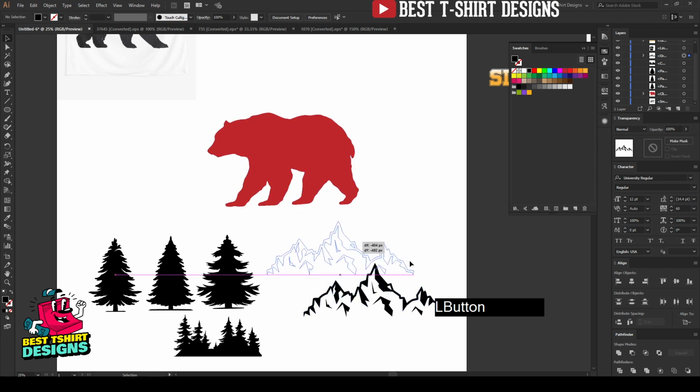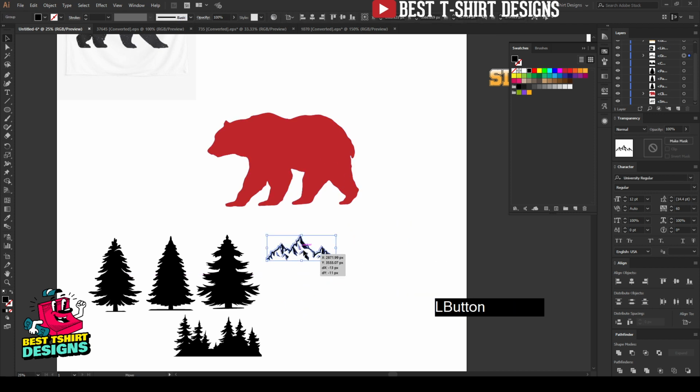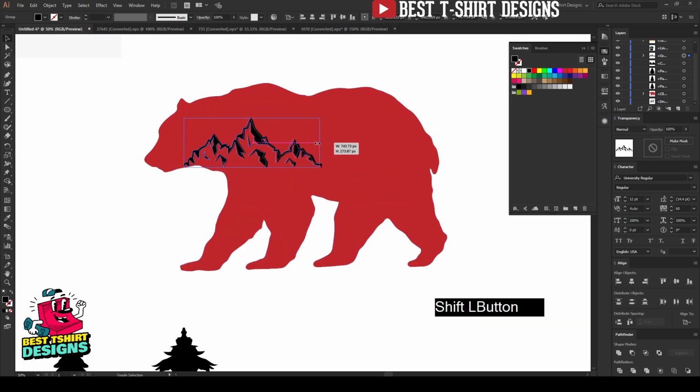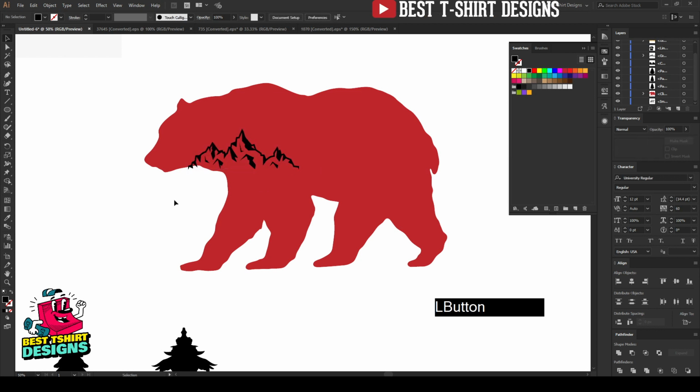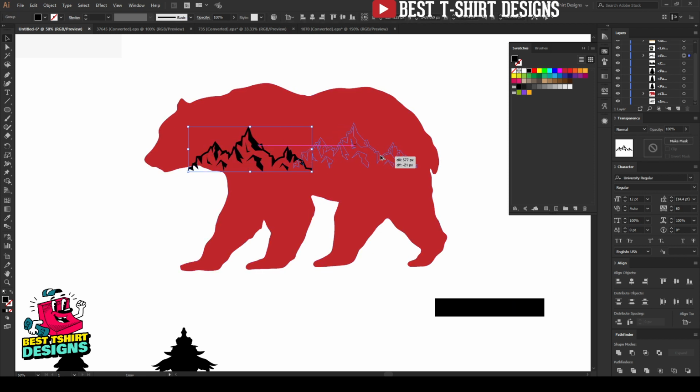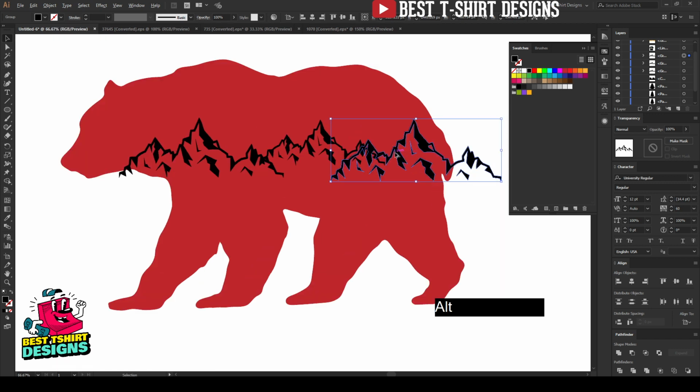So I'm going to take my mountain vector here, and place it somewhere like this. Now here you have to remember one thing, that the details of the bear, like the facial details, we cannot remove that, or we cannot mask that, we cannot replace that with graphics, then it will not look very good. So let's keep it on here. Maybe this one a bit smaller, or maybe bigger. Okay, let's make it smaller. Then another one here. This one I'm going to make kind of big like this.